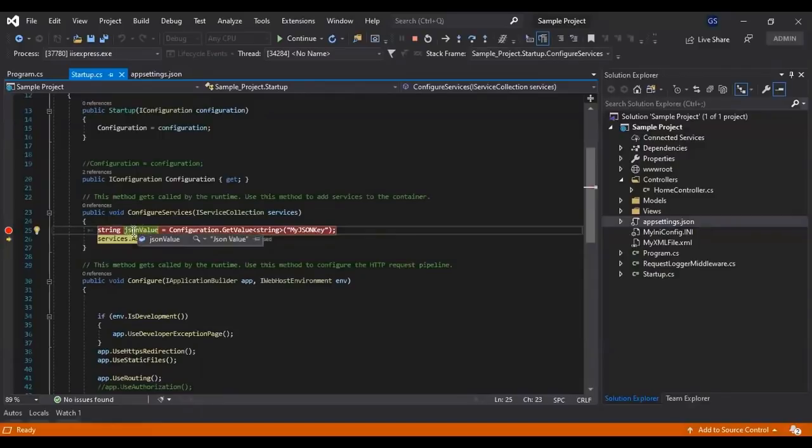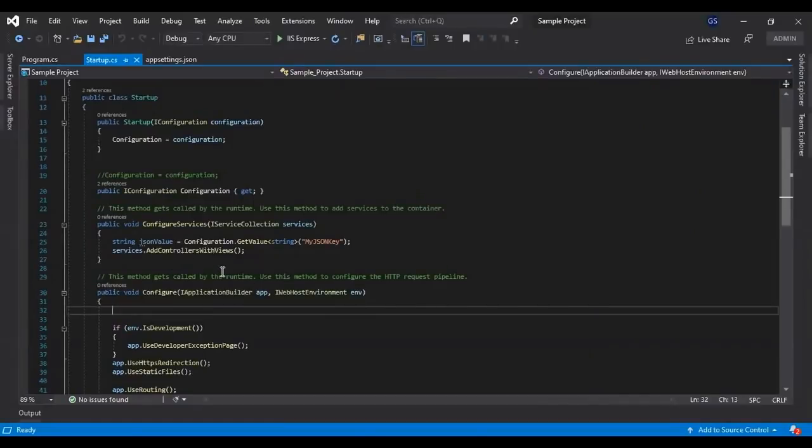Look, we are getting the value from our key, but as of now we have not made any changes for this configuration. So the question that comes to our mind is how this configuration works. This is because of a new feature introduced in ASP.NET Core 2.2 and above, called default configuration. So now let's see where the default configuration is done.